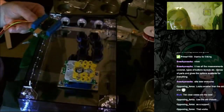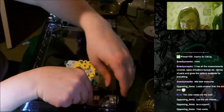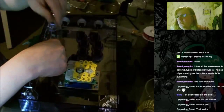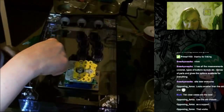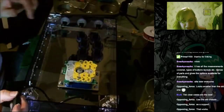The PCB connects up to the Nutrix connector in the top corner just by a short USB lead, which is behind me somewhere. There it is. So I want to get an idea of roughly where I'm going to be putting this. So let me plug this USB lead into the Nutrix connector, and I just want to see roughly where the PCB board wants to be. And this is actually a little bit longer than I thought it was going to be, and just nicely the PCB board wants to sit in this space here, which is where the raised buttons are,